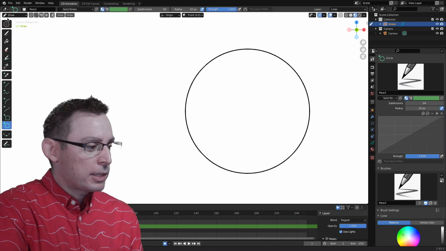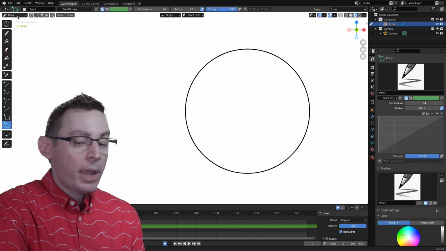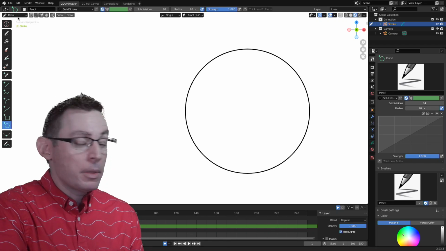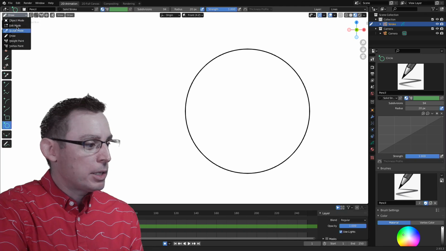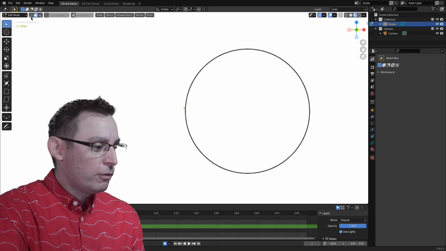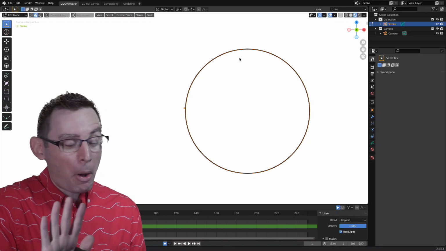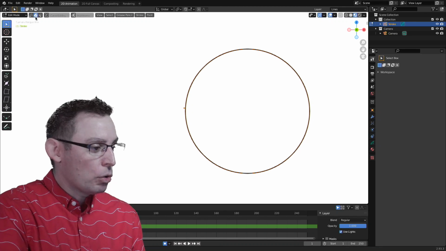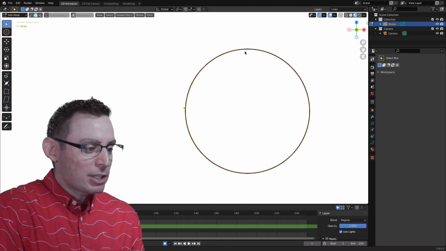Now, with all things inside of Blender, the moment we want to start changing or editing anything, we have to make sure that we're in the edit mode. I'm in the upper left-hand corner of my interface here, and there's a small pull-down menu that will allow me to change and jump into edit mode. And with edit mode established, we can very quickly start to change how our circle is being displayed on the screen itself. It's faint, and I apologize for that, but I'm in the stroke selection set, which is right here inside of my three little buttons, okay? The stroke selection set, and then I can just click on that stroke.